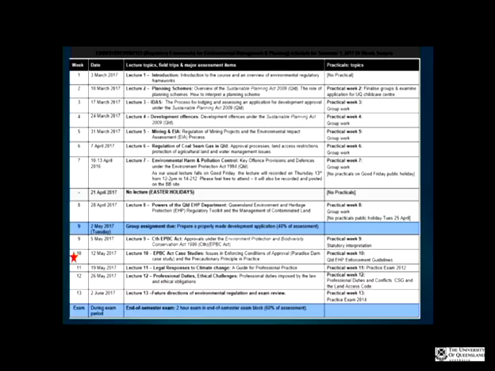This is just to remind you where we're up to in terms of our schedule. We're up to week 10, which is where the little star is. So we're doing the EPBC Act case studies this week. Those of you that have had your prac this week, we looked at the enforcement guidelines. And then the prac for next week, we're going to do the 2012 past exam paper. The following week, we'll do the coal seam gas land access code, and we'll look at it from the point of view of professional duties and conflicts. And then in the final prac in week 13, we'll do the 2014 practice exam paper.